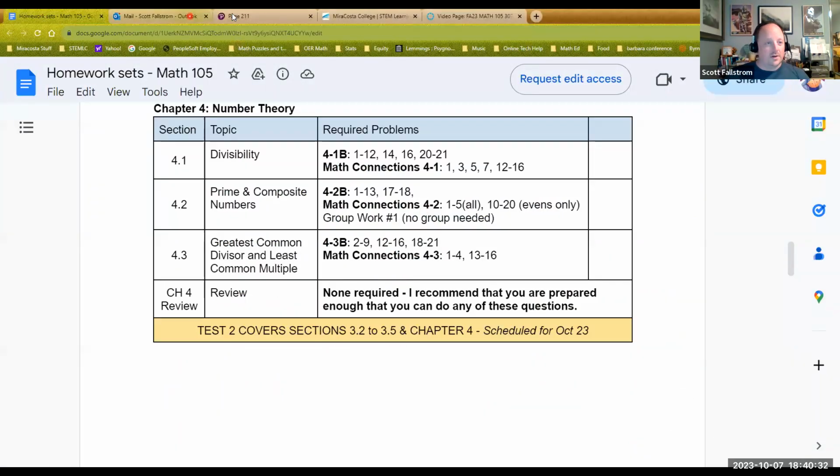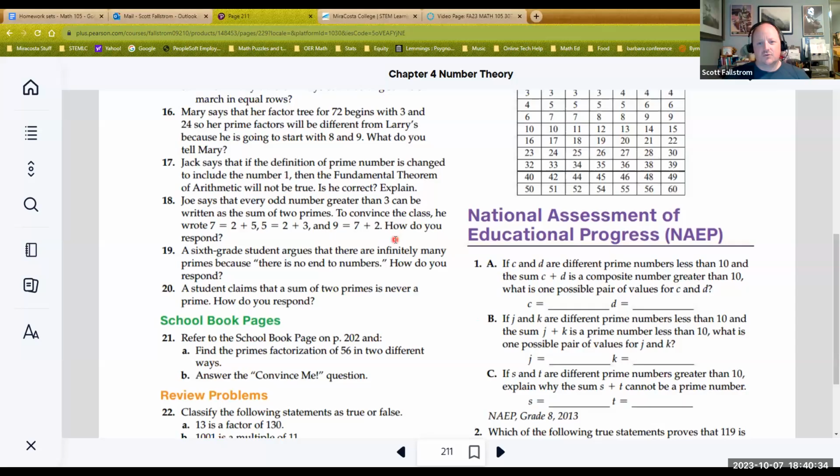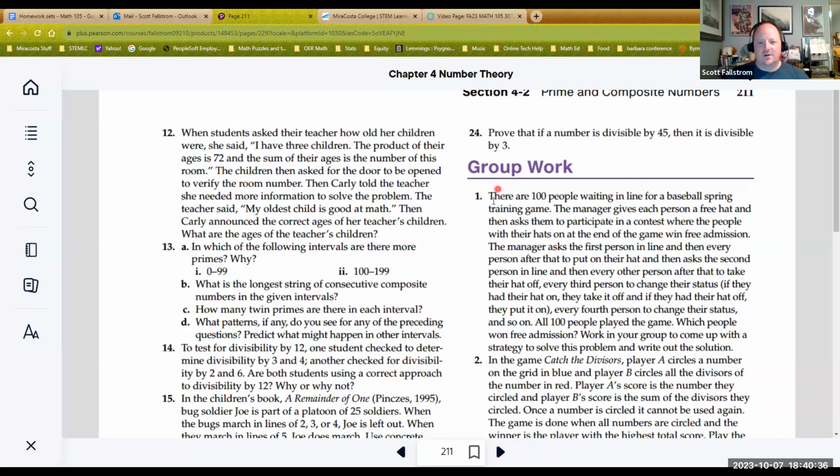I think for this one, I didn't have any extra, did I? Oh, group number 1. That's right, group work number 1. So group work number 1 is up here. This is a fantastic question. And we've got 100 people waiting in line for a baseball spring training game. So I'm going to